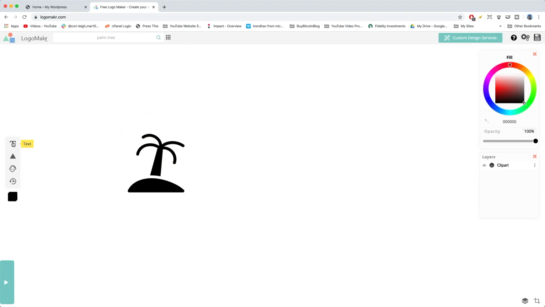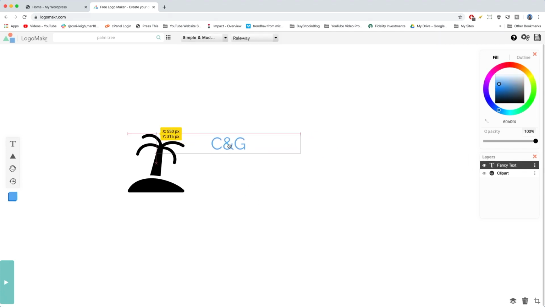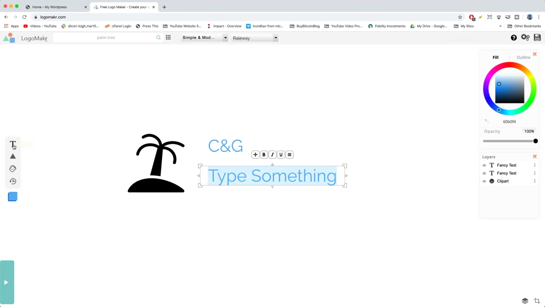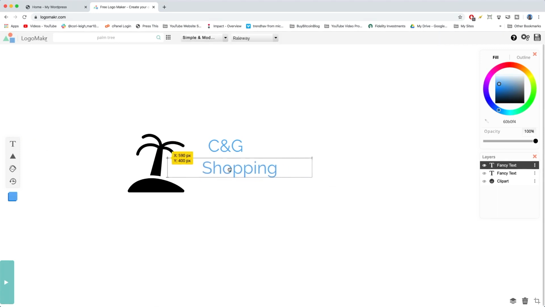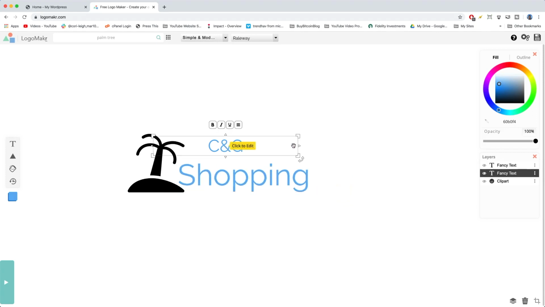Now we're going to hit T for some text and just write in C and G. And we're going to move it to the top and hit text again in case we want to make a different font. We have another text block and write shopping. Cool. So we can just position and drag a little bit, and you can see like maybe the C and